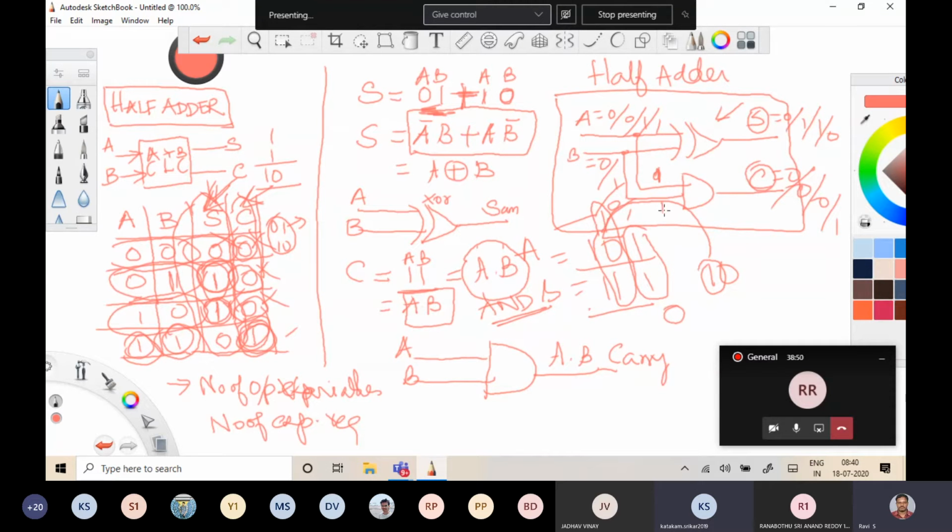It will take only A and B. Whenever you consider only A and B, that is not full addition. Whenever the carry in is also considered for the addition, that is called full addition. That is the reason this architecture is called a half addition circuit.